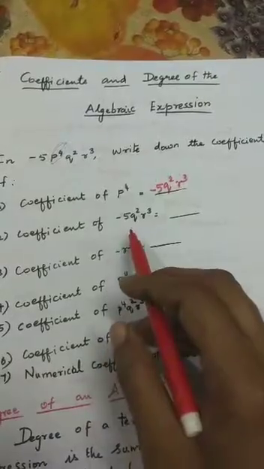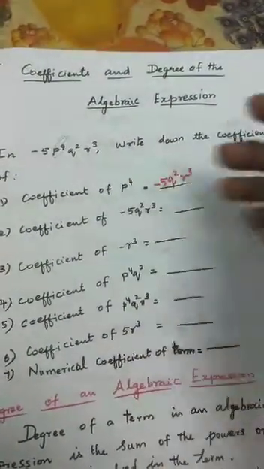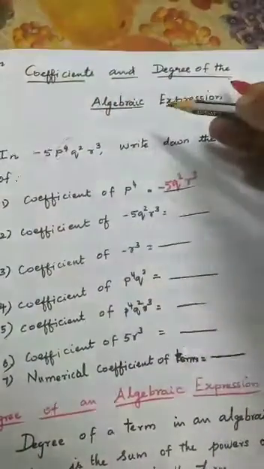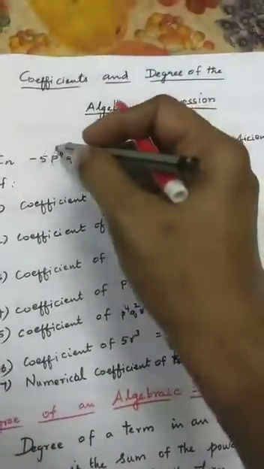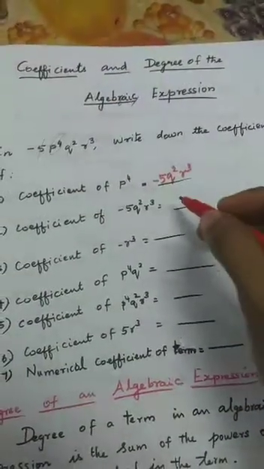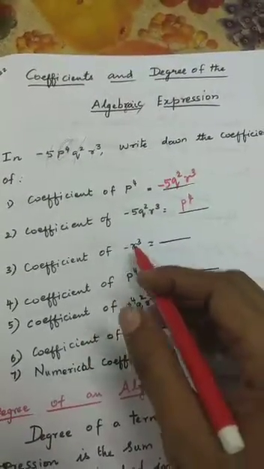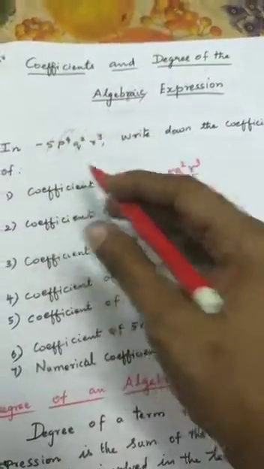Then coefficient of minus 5 q square r cube. You have to leave minus 5 q square r cube. Then remaining is p power 4. So p power 4 is the answer. Then minus r cube. You have to leave this minus and r cube. Remaining is p power 4